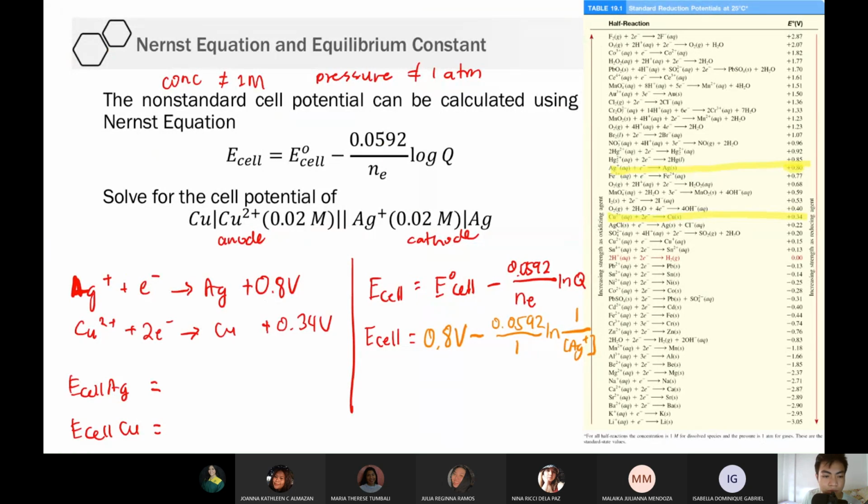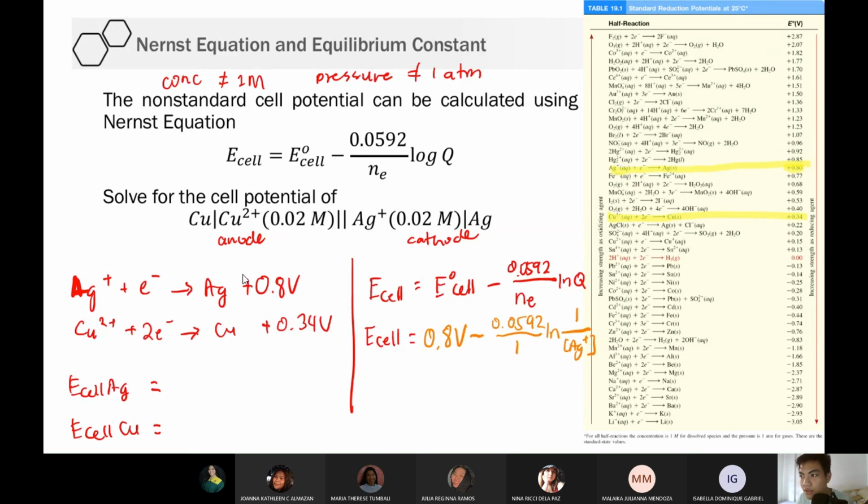You should be familiar with how to write the Q, ha? Kasi tagal na natin na-discuss yung reaction quotient. So sa product side or on the numerator, wala kang isusulat. No? 1 lang. Kasi this is solid. You don't write this. Sa reactant side, you have the ion, the aqueous, no? Ion. So ilalagay mo yun doon. Yung electron, di yan sinusulat din kasi wala yung concentration. Dumadaan lang yan. Okay? So hindi isusulat yan. So this is the equation.